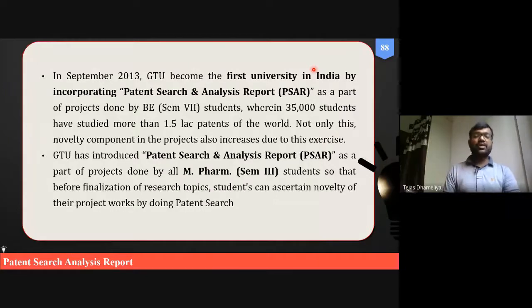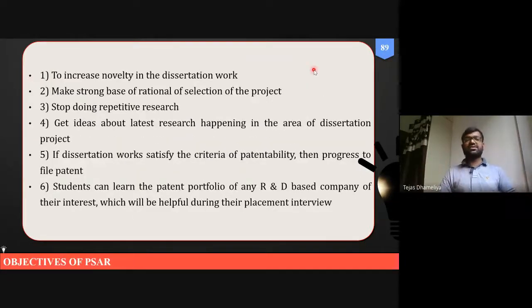Now here I am going to teach in general for all of you, pharmaceutics, chemistry, ecology or QA or cognosy, how to prepare a PSAR report, Patent Search Analysis Report. So these are the objectives.